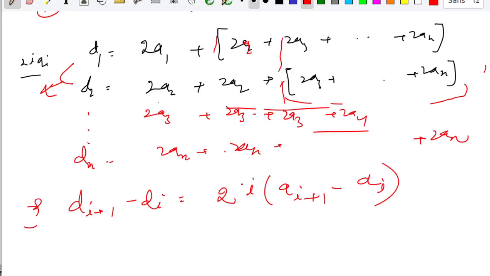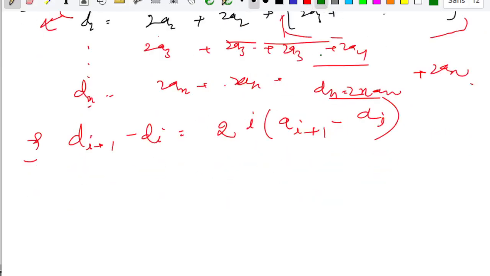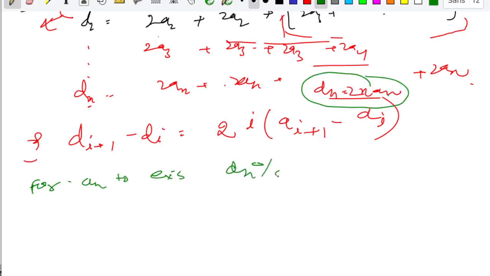So now, what you can see is that dn is 2n times an. We already have dn, so we can directly find an, and we have to check whether an exists or not. For an to exist, dn mod 2n should be equal to 0.